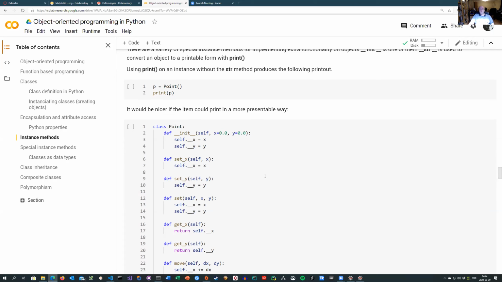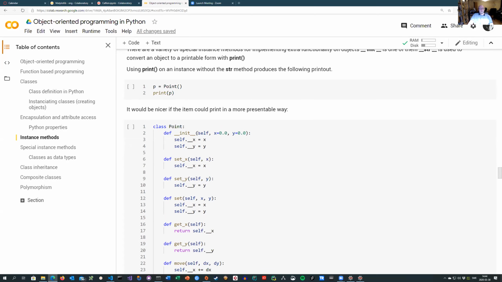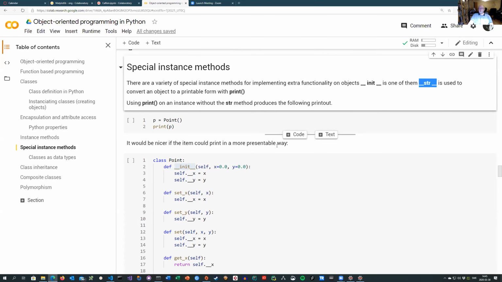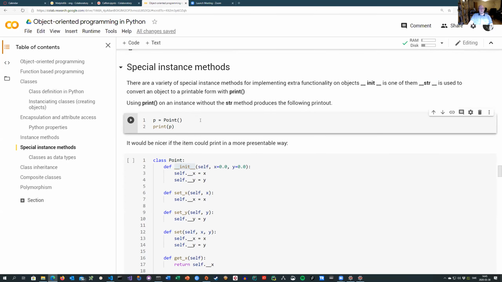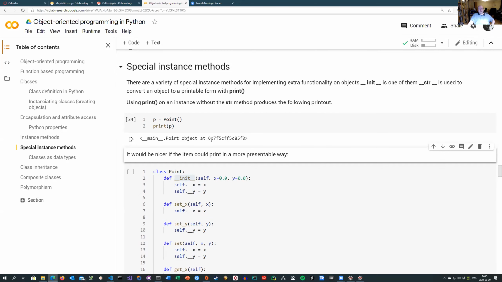Python has some special instance methods that you can implement to achieve certain effects. In this case, we have already seen one of them: init. This is a special method that's called when you create an object. There is also a method called str, and that is called when you print an object. So for example, if you print point, it will work, but what happens here is that